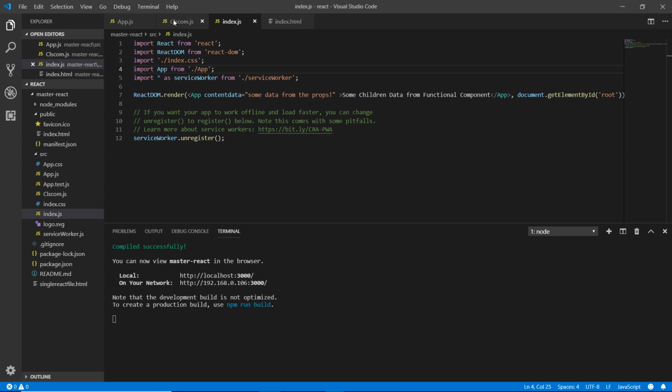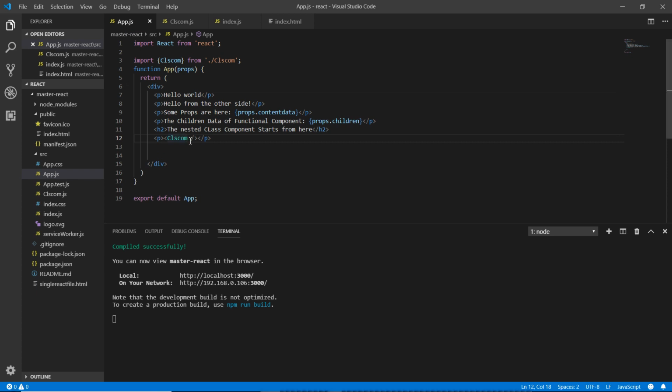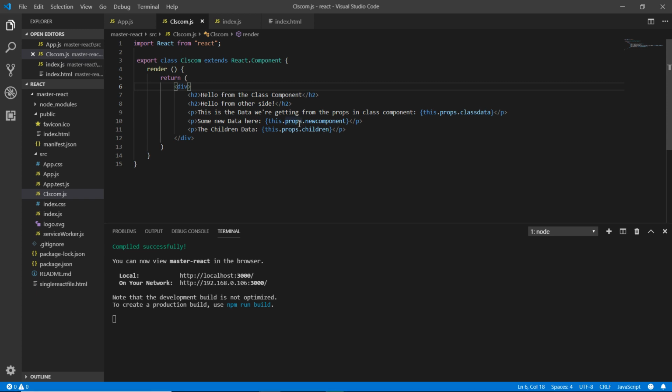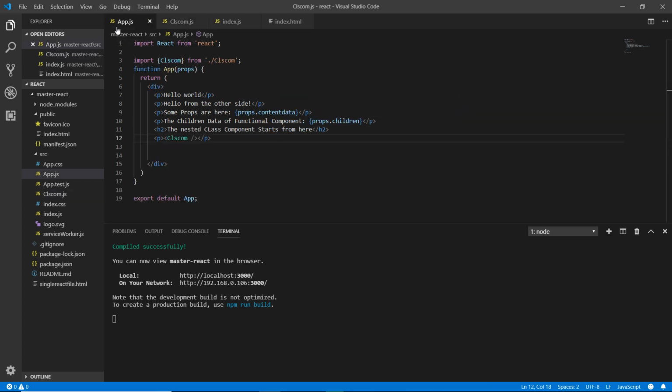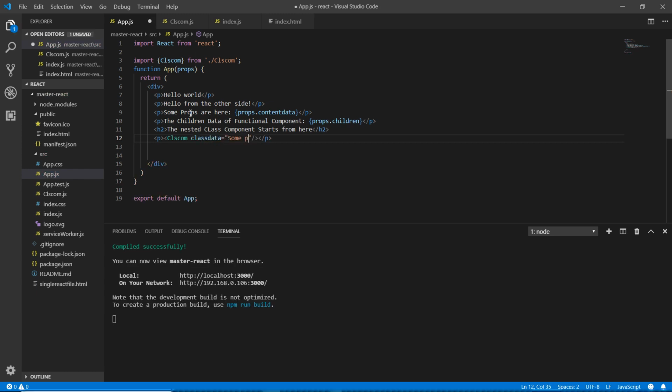Now we just made the component here, and we are just calling the component here. So here we're calling this component, and here what we just did, the props.new component. So the new component is actually not the children, it's the attribute. So first attribute was the class data. So I'm going here, and first of all, now I'm using things like the class data equal to now some